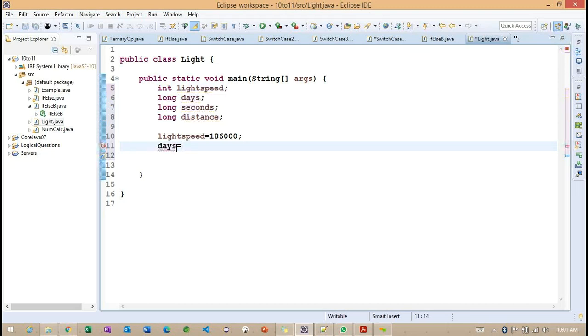Back to days, I am trying to initialize. The days I am providing here is 1000. And after that, I want to check with seconds. Using this particular days, I want to check how many seconds we are going to get. Getting the point. We have the days here, and I want to convert these days into seconds. Anyone having some idea how we can convert days into seconds?